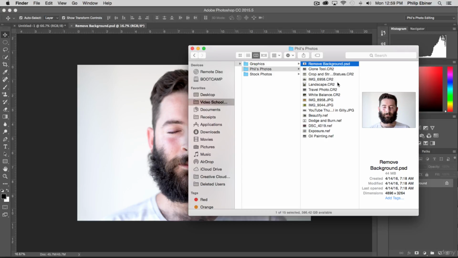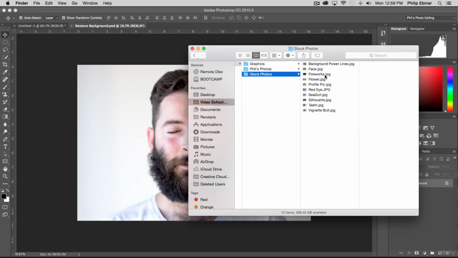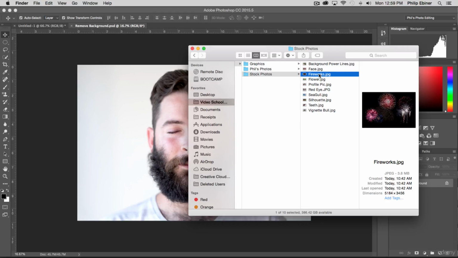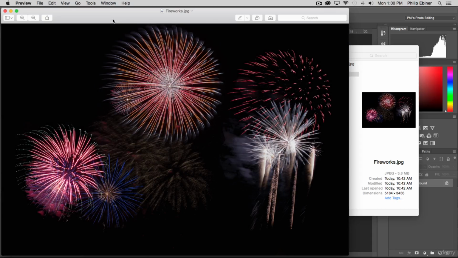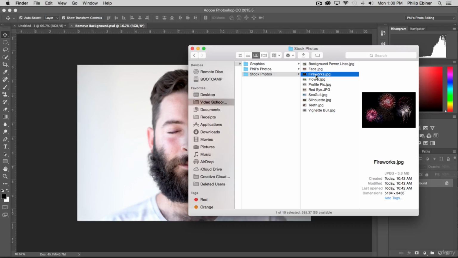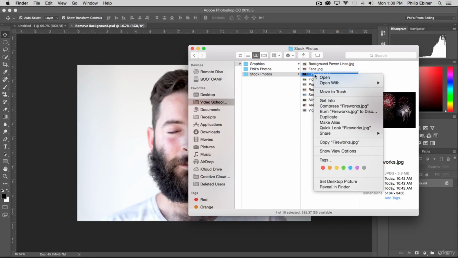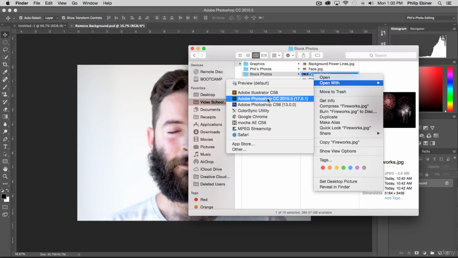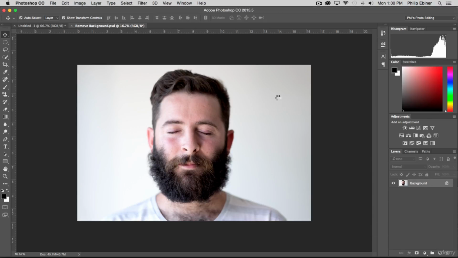If I do that with another type of image, say I have a JPEG image, on a Mac, it's not going to open up in Photoshop. It's going to open up in Preview. And on Windows, it will open up in the default photo viewer on a Windows computer. I'm going to close that out. To open up this fireworks photo or any JPEG photo right within Photoshop, I can just right click and choose Adobe Photoshop CC or whatever